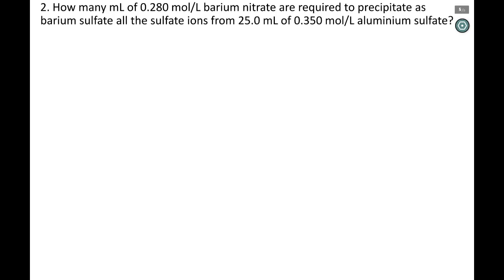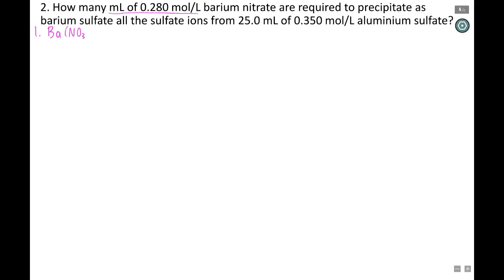Alright, so looking at this question, we need to find out how many milliliters of barium nitrate are required to precipitate barium sulfate if all the sulfate ions are from 25 ml of a 0.35 mol per litre aluminium sulfate. Okay, so let's firstly just write a balanced equation and then we'll have a look at what we do and don't know. So our first step with our balanced equation is our